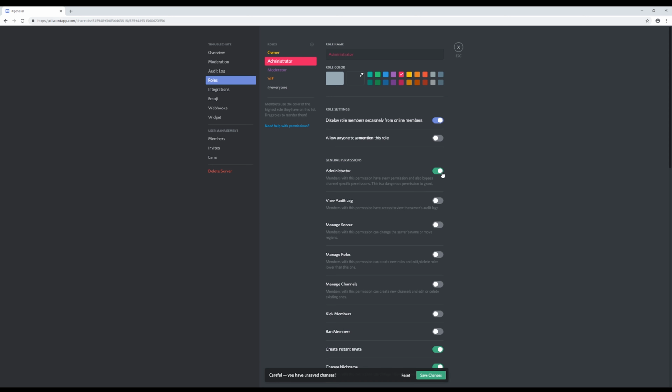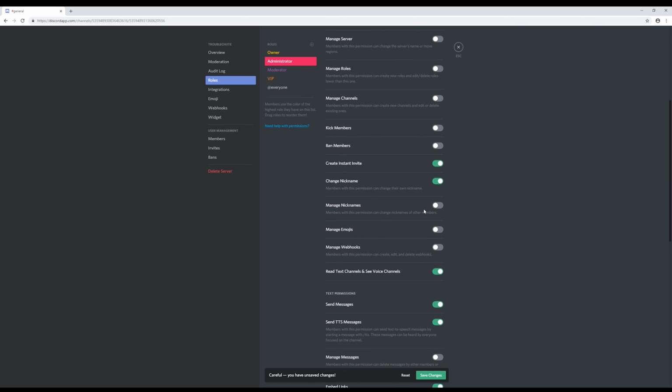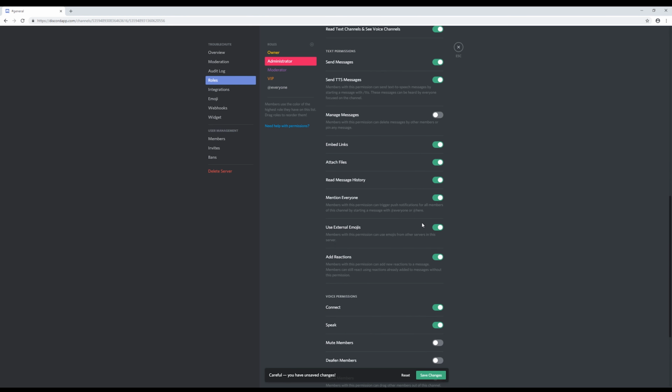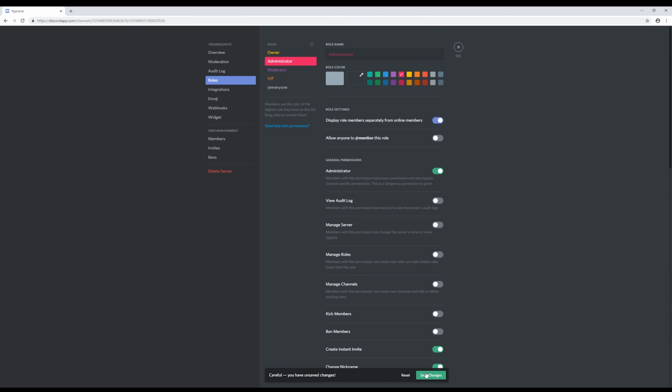By giving them this permission, you automatically give them every other permission on this page. It is quite dangerous, but we'll leave it as is because I trust the people I'll be giving administrator to. The next is moderator. We'll display them separately, and we'll want them to be able to delete, kick, and ban